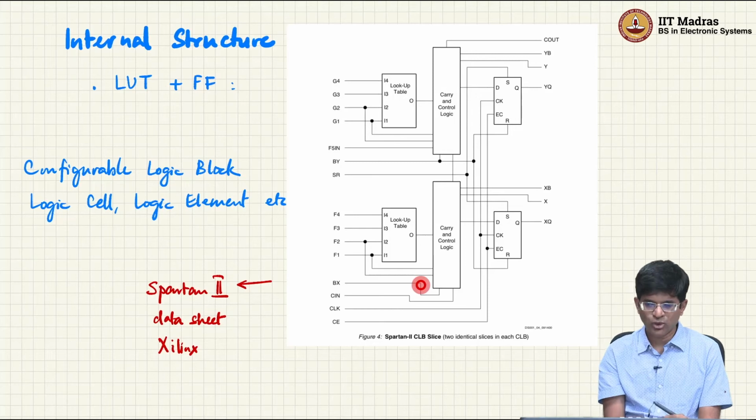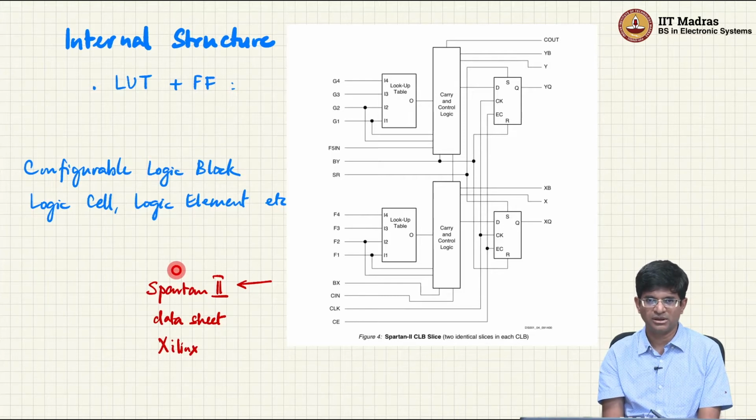Alright, so what I'm going to do over here is actually look at a few examples of what the internal structure of an FPGA looks like, and the example that I am going to use over here is from what's called the Spartan 2 FPGA that was released by Xilinx about 20 to 25 years ago, right. Now why would I look at such an old FPGA? Well, because it was simple, right. It's much easier to explain and to understand what's happening inside that FPGA than to really fully appreciate what's happening in a much more